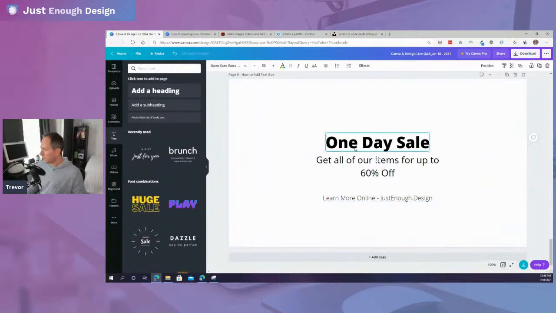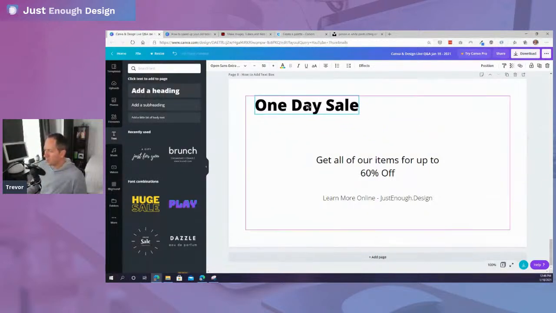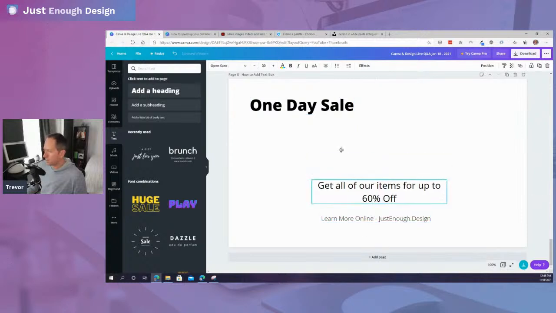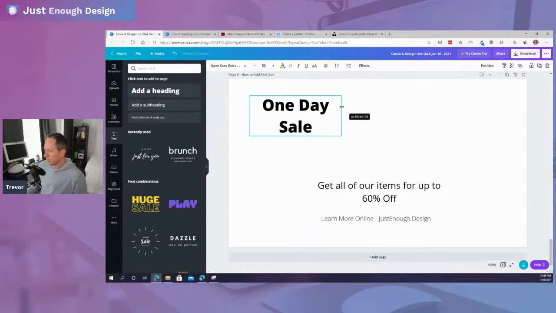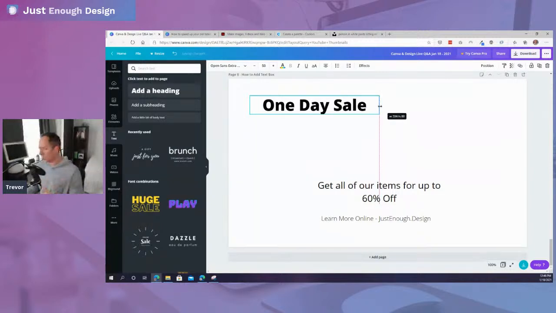So working with the text things themselves, again, much like we saw with photos or other elements within Canva, you're going to have the 2 types of ways to manipulate the box itself. Let's give this some space so it's a bit easier to see. You're going to have the side items here, so the kind of longer rounded square. If you click and drag it, the box itself will scale and give you more room. Because if it's this small, you'll see that eventually things will drop down to the next line. If you want to give it more room so it stays on the same line, you actually make the box